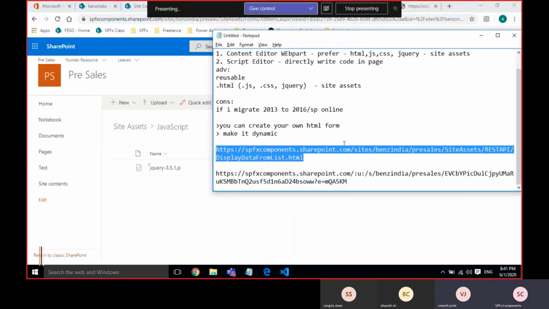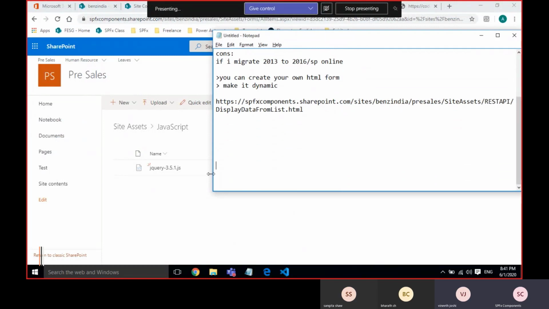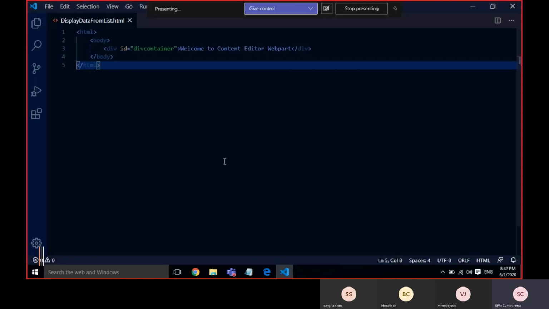I have to prepare the path. So inside JavaScript, my folder name is JavaScript, and within that jQuery hyphen 3.5.1. Okay, here is my path.